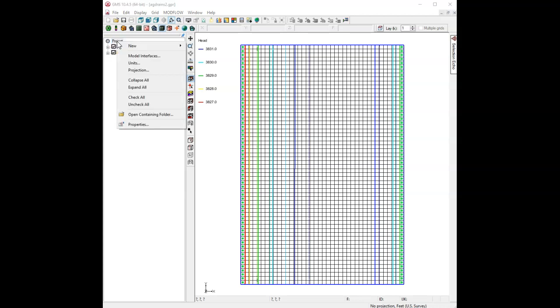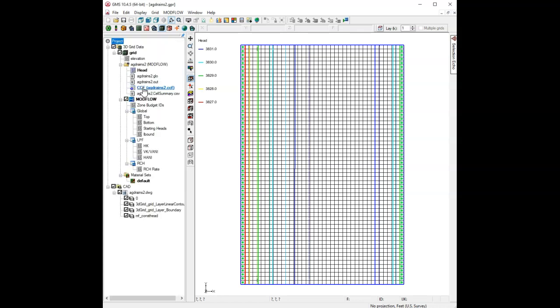If you right-click on the project symbol at the very top of that hierarchy and select Expand All, it just opens up every item and each of the sub-items in that list. So let's look at what we have here. It kept around one of our CAD files. I don't think we'll need that necessarily, but so